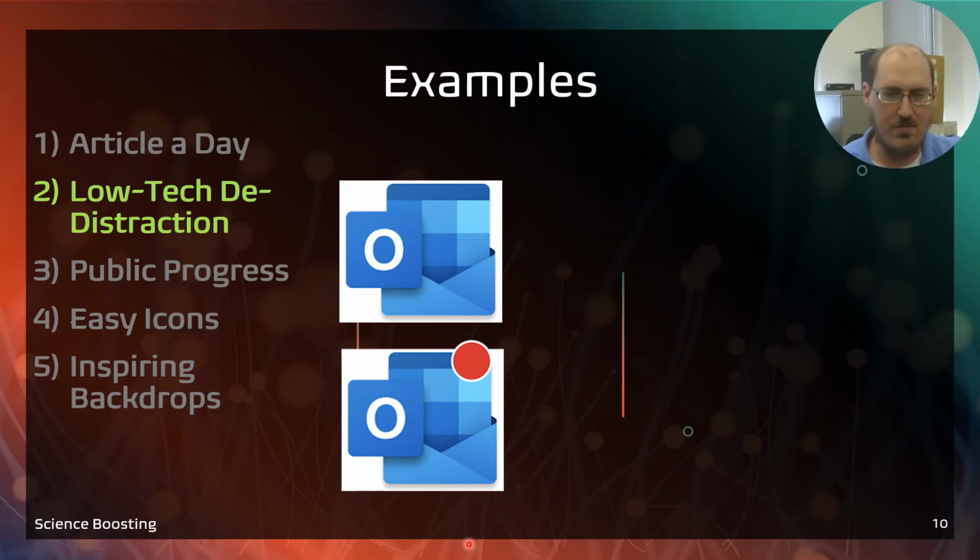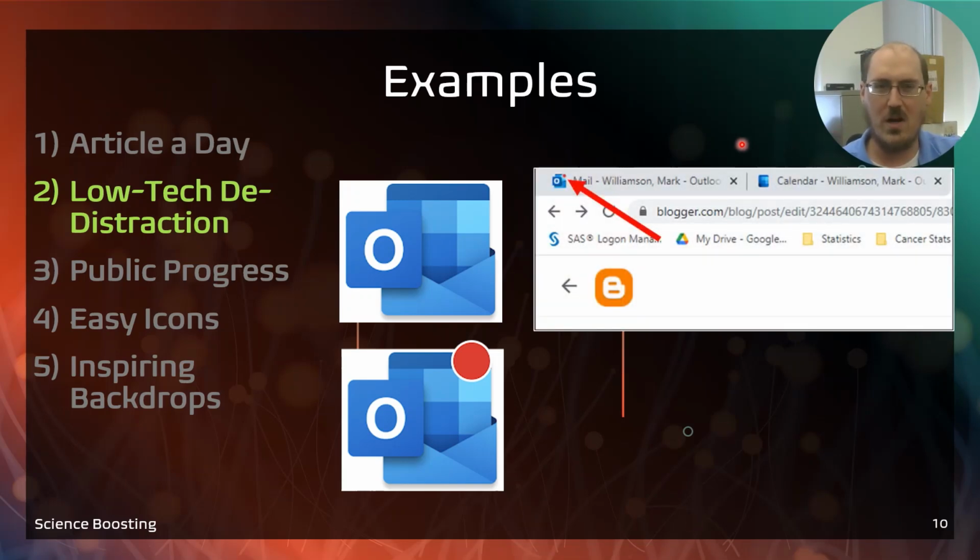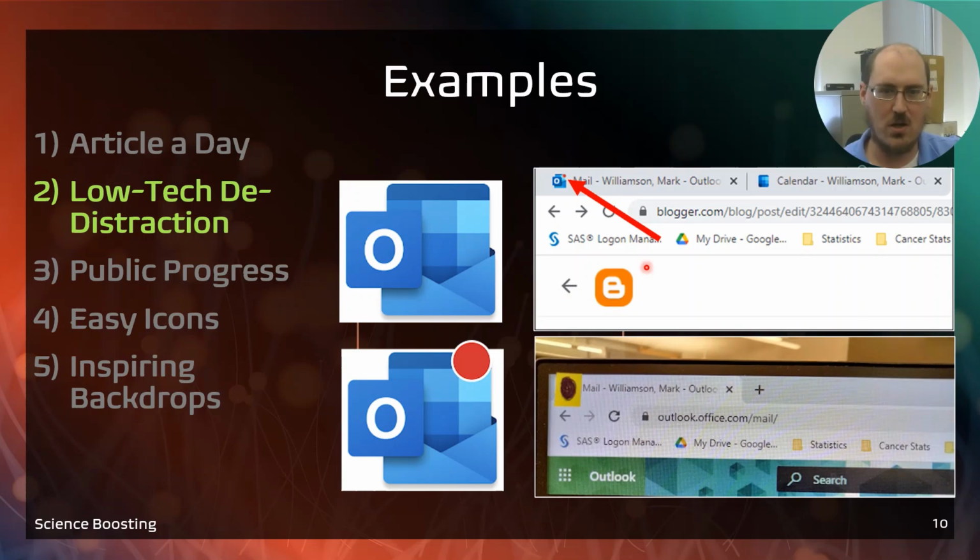And so I found a low-tech de-distraction method. What I do is, you see here's an example of that. You see the little red dot. Now I keep my Outlook as my leftmost tab on my browser. And then what I did is I just took a little sticky note, colored it black, and put it physically